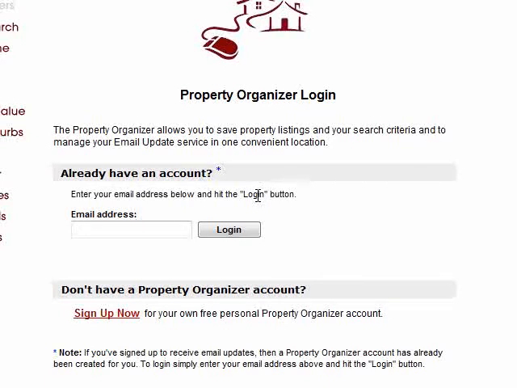Today we're going to talk about how to get the most out of your home search. Once you have signed up for a home search through our website, westsidesuburbs.com, an account will have been created for you. To modify, change, add, delete, or revise anything within your home search, revisit our site at westsidesuburbs.com